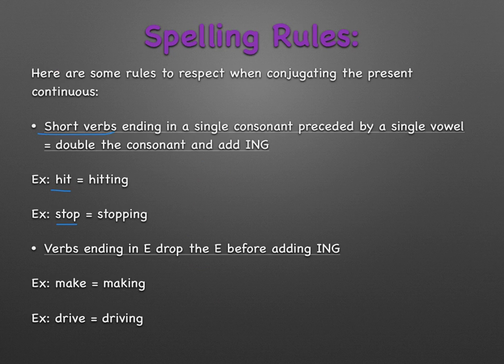This very short verb ends with a single consonant, example, the T or the P. It is preceded by a single vowel, example, the I or the O. Single, that's important. In that case, what you will do is that you will double your consonant before adding the